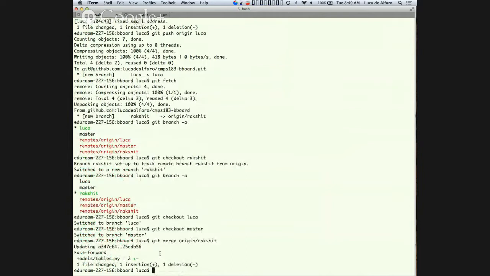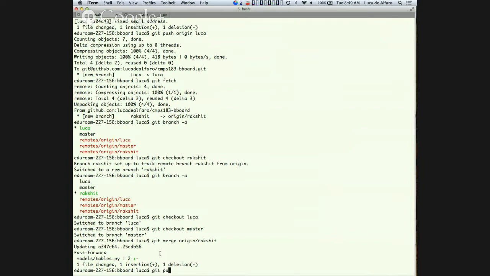Okay, this merges his change into the master branch. Okay, and there was no trouble. In fact, the merge is called a fast forward because he simply got changes that were not in master. There was no merging of incompatible things possible. And now I have a new master branch, and now I need to push it to the shared repository so that he can look at it again.